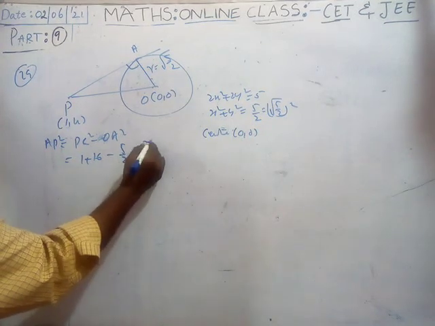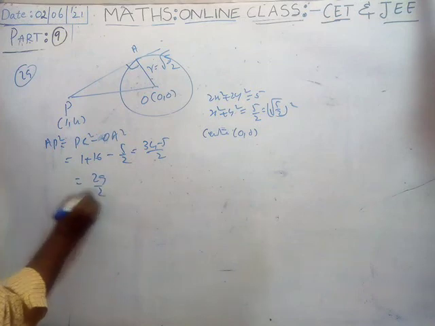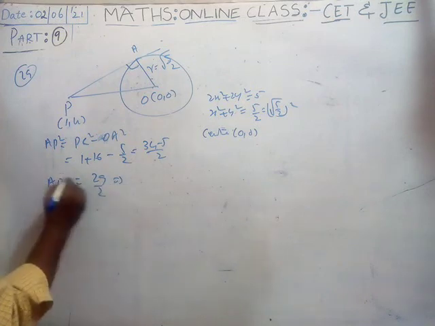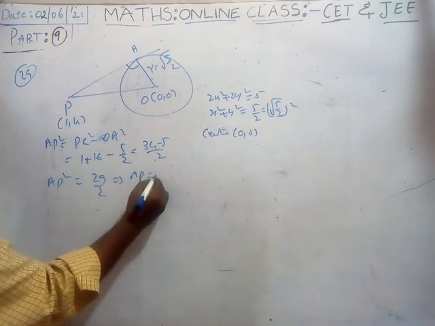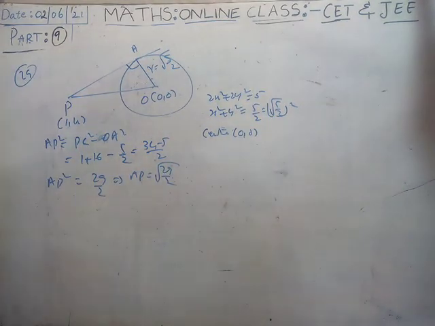So it is 34 minus 5/2, which is 29/2. This is AP². So AP, the length of tangent, is root of 29/2. Like this, we may solve the problem. Okay? Next,